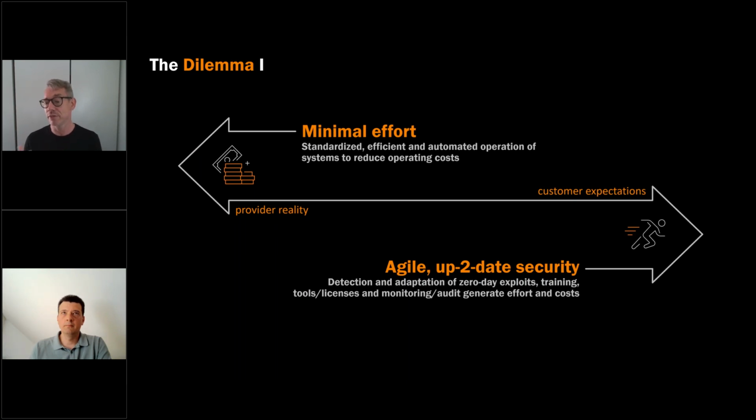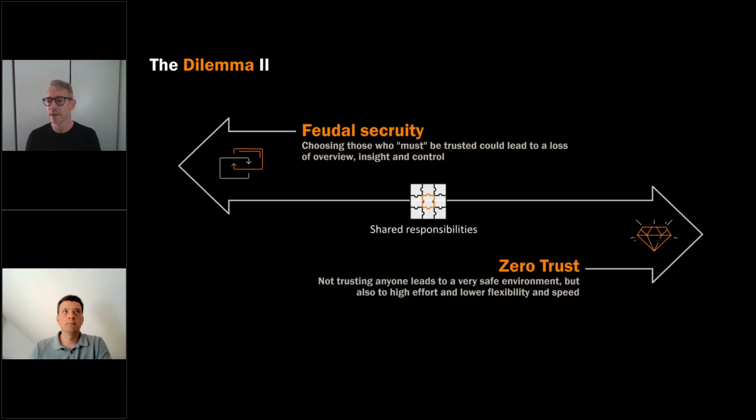And this brings us to the second dilemma, which also points there, because at the end of the day, if I'm putting out my applications to some kind of provider, may it be a hyperscaler, may it be a managed service, or if we are talking about SAP, even an SAP RISE or SAP private cloud environment, I will always be in the feudal security area, where I need to rely on the provider's side. But they, again, will have the problem of keeping efforts small, not necessarily aiming for agile, up-to-date security, and so on. And it's not necessarily clear who is really responsible for which part,